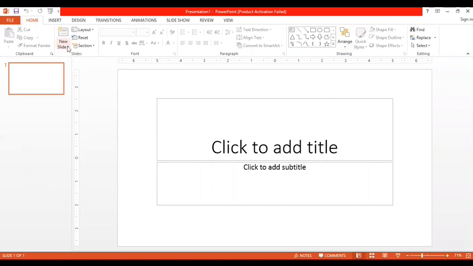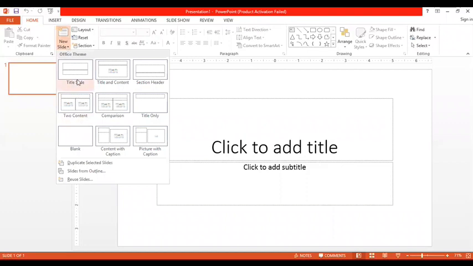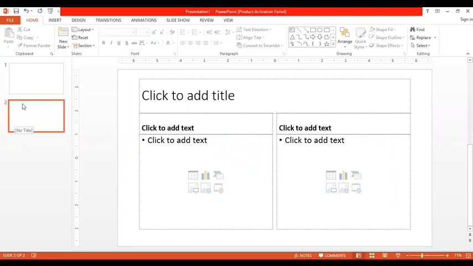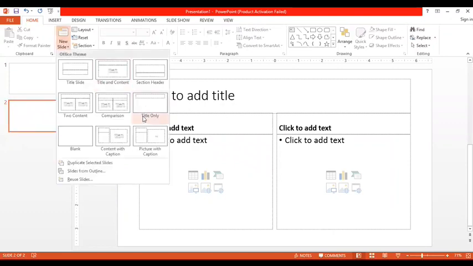In Slides, first we get New Slide. In New Slide, we get different designs of slides. It means for the title slide, the layout is already available here. If I want to insert a slide with only a title and content, then that design appears here. For any comparison, I can use this layout or this layout here. Similarly, we can insert as many slides as I want.